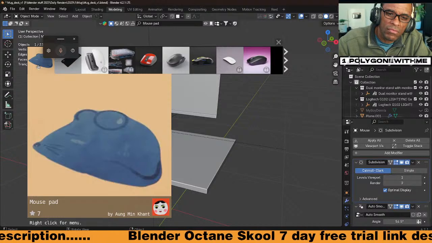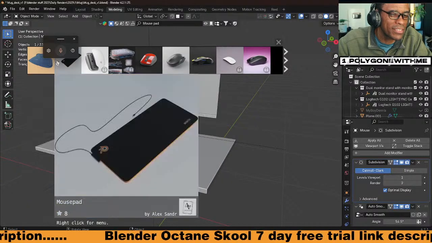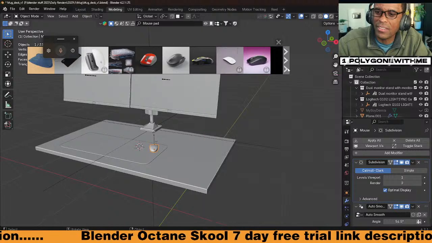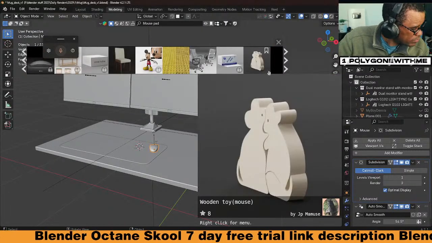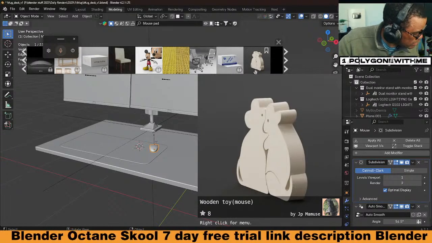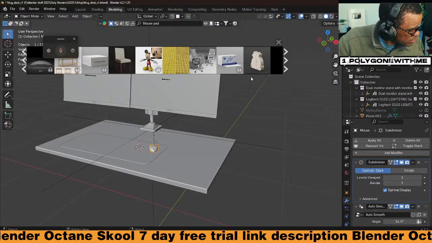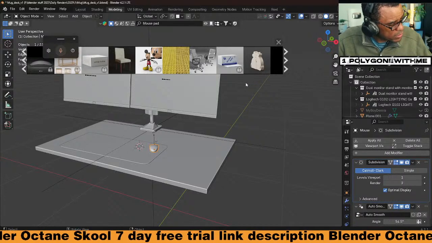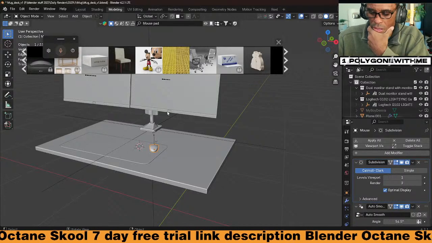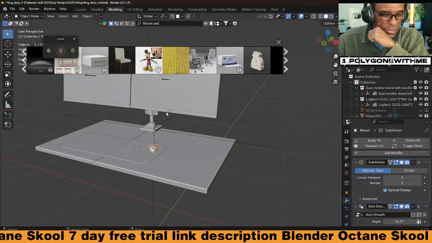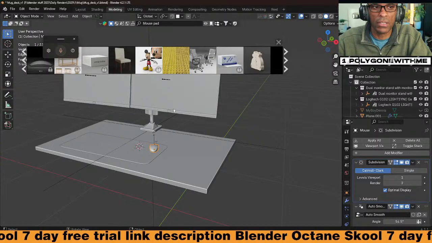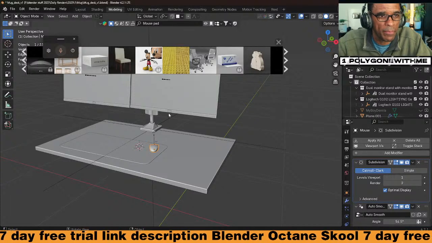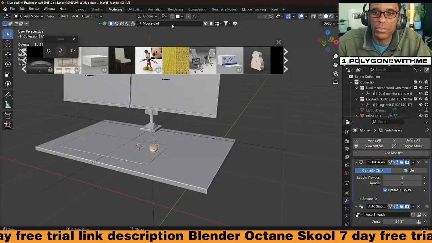Mouse pad. Oh, freaking stupid, dude. Okay, so we got that. What else do I need? Okay, I have a cell phone holder on my desk, and I also have speakers.